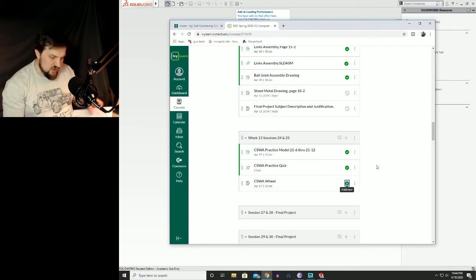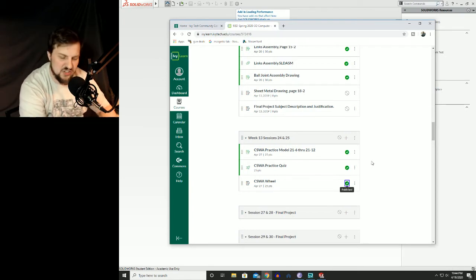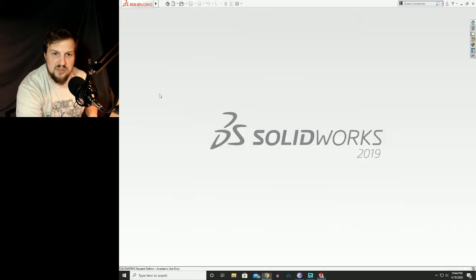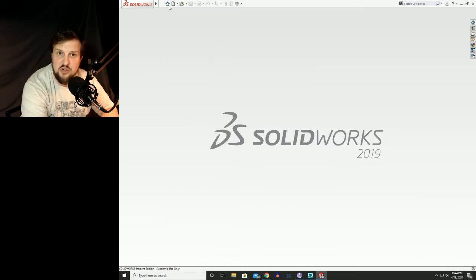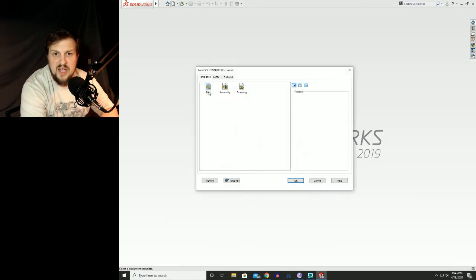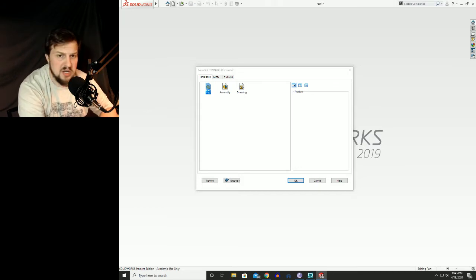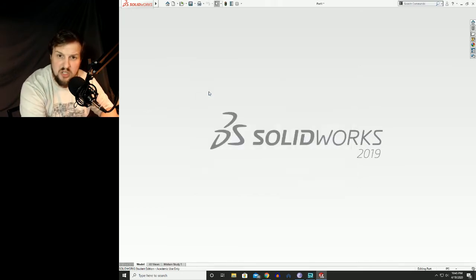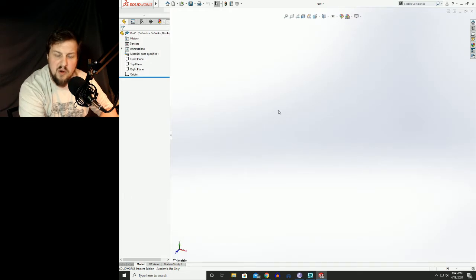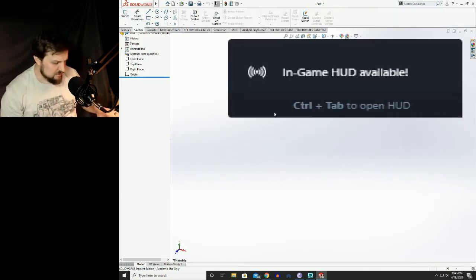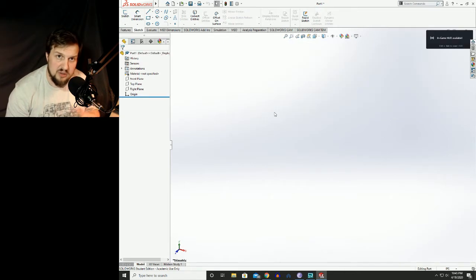So we're going to be going to page 21-6 and opening up SolidWorks. Now obviously we're going to start a new part, so we're going to go New and Part, and I'm going to walk you through this pretty much just like we normally walk through this kind of stuff. Okay, so here is our part environment, and we are just going to be following along with the book more or less. In the case of the CSWAs,